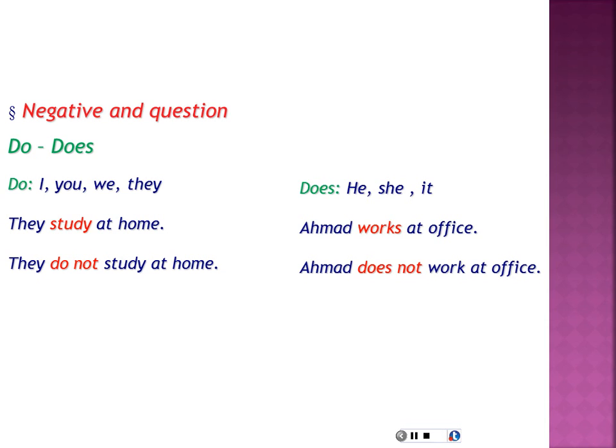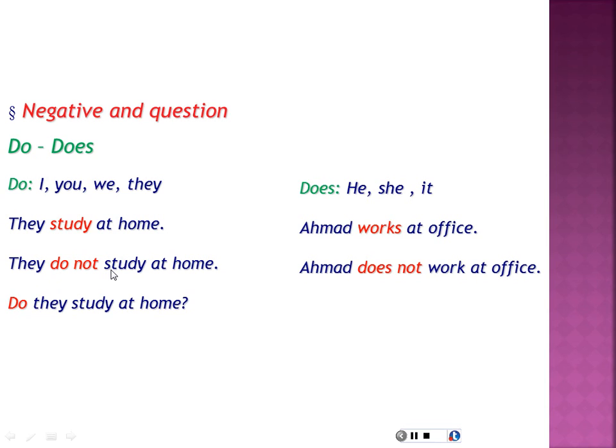Okay, but how do we make questions؟ عندما يكون عندنا هذه الجملة لا يوجد فعل كون or is or are, we don't have a verb to be in the sentence, so what do we do? So in this case, let's see. So we add do at the beginning. So they study at home, the same, but we add do at the beginning. So do they study at home؟ هل هم يدرسون في المنزل؟